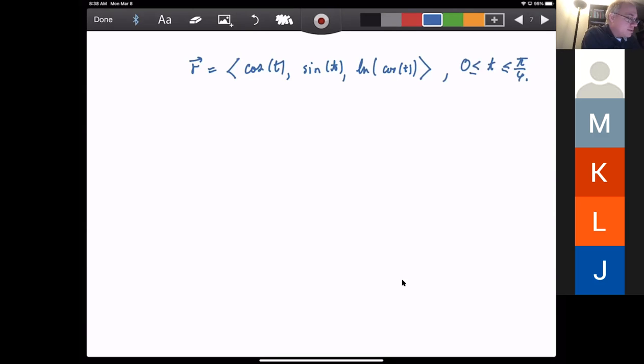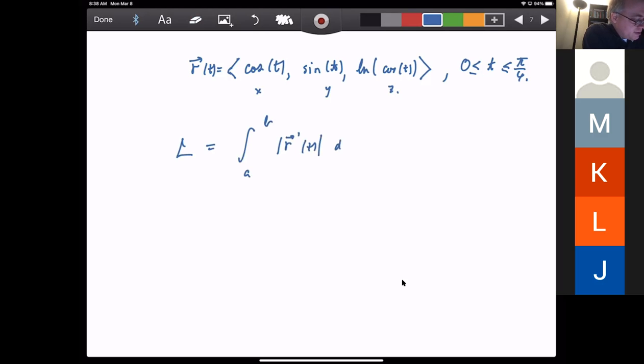So we want to compute the length of our curve that's parameterized like this. So this is your x, this is your y, this is your z. So the length of the curve is the integral from a to b of